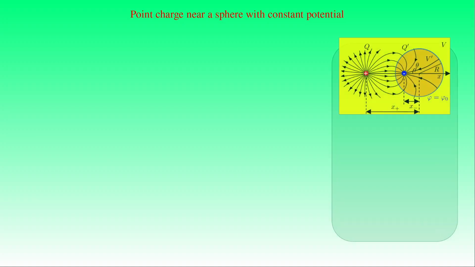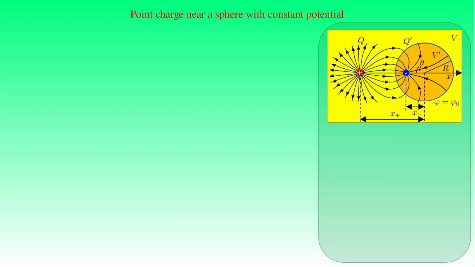Now we discuss the example of a point charge near a conducting sphere with constant voltage. We consider the case of the sphere of constant voltage phi naught, where the point charge Q in the volume V is outside the sphere of radius capital R at the distance x sub plus from the center of the sphere. The method of images is applied again by placing an image charge Q' inside the conducting sphere